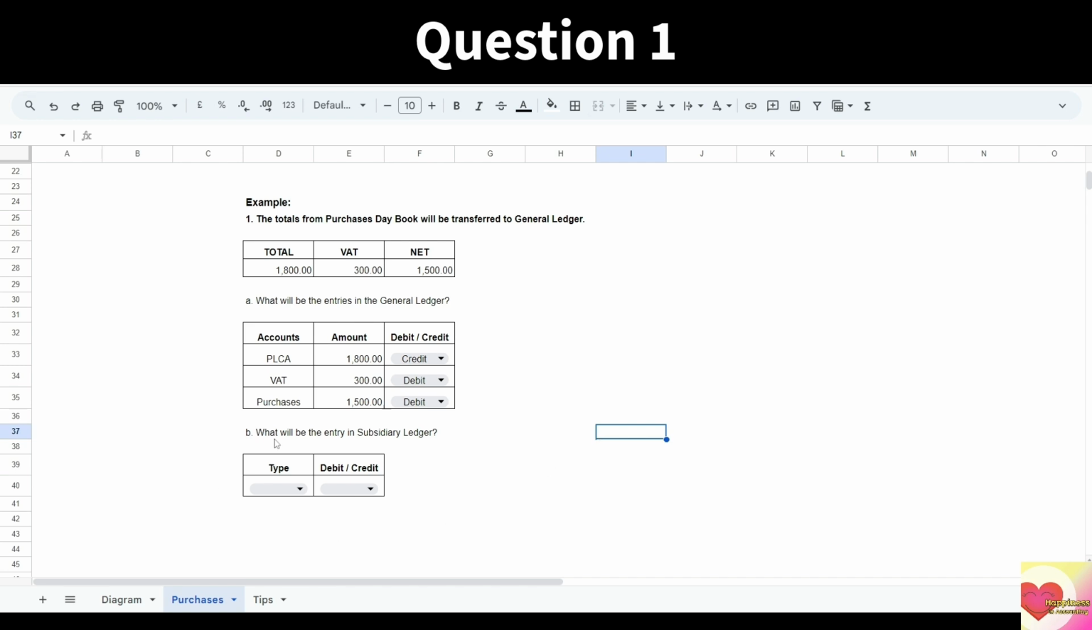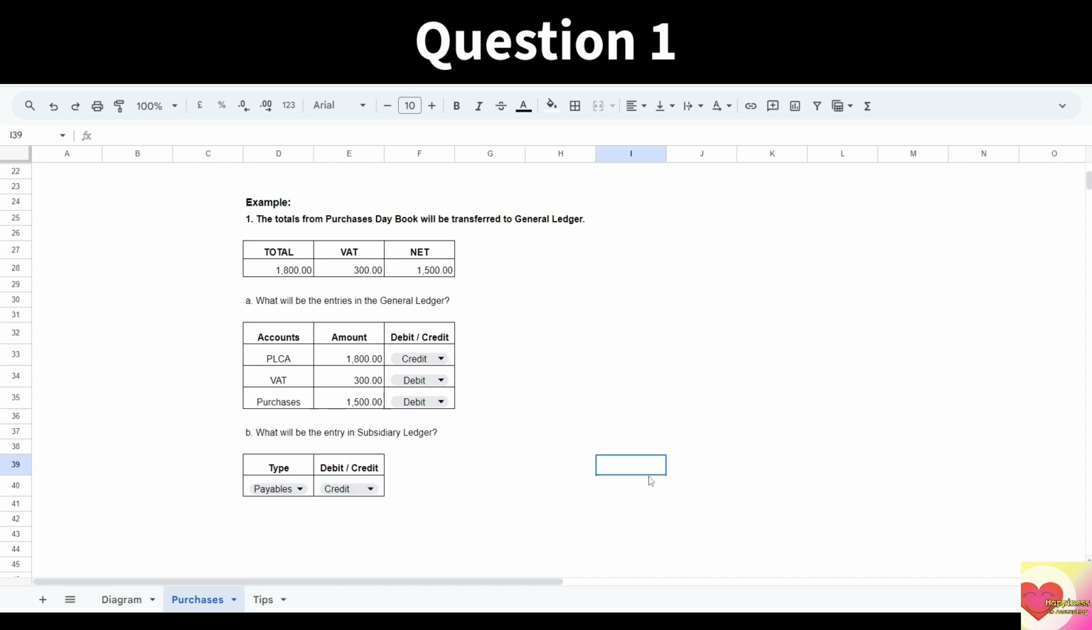Next, letter B, what will be the entry in the subsidiary ledger? So we are going to answer the type of subsidiary ledger, either receivables or payables, and either debit or credit. Our daybook here is purchases daybook, so the type of ledger we are going to enter is the payables ledger and not the receivables. And we should always enter to the same side where we entered the PLCA, which is